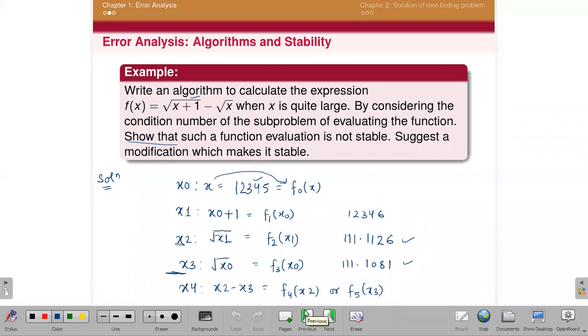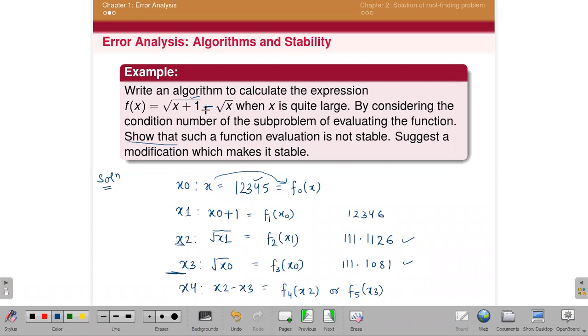ये पता कैसे चलेगा कि इसको स्टेबल बनाने के लिए एल्गोरिथम के लिए हमें वो करना पड़ेगा rationalization? If there is an under root in the expression, then you have to, means, the only aim is to avoid the subtraction of two nearly equal numbers. You have to remove that only. Like in this, it is a negative sign. We know you have to make it positive by rationalizing. So that will depend on the function actually. That will come by practice.